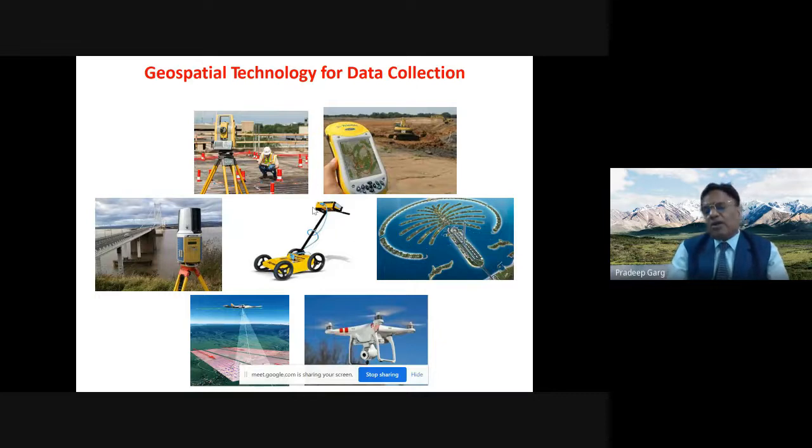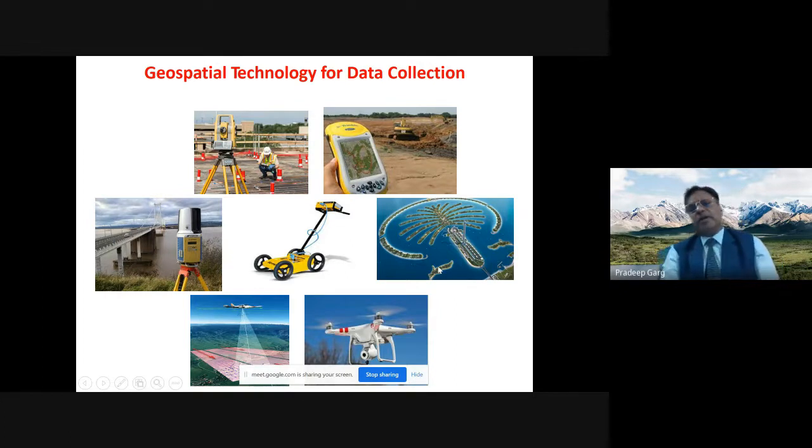So this particular device, which is called ground penetrating radar, is very useful to carry out utility planning, how to find out the best route for networking those utilities. The next image you see is a high resolution satellite image. This is showing you part of Dubai, and this is why I am showing you this image